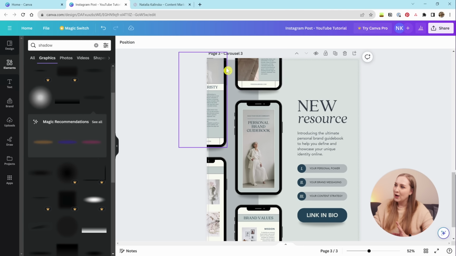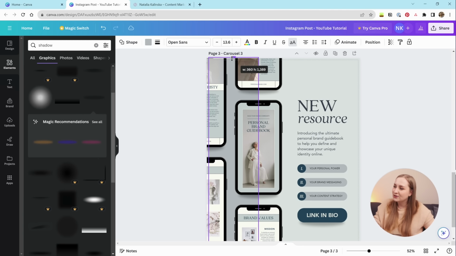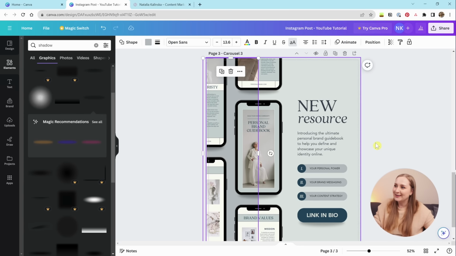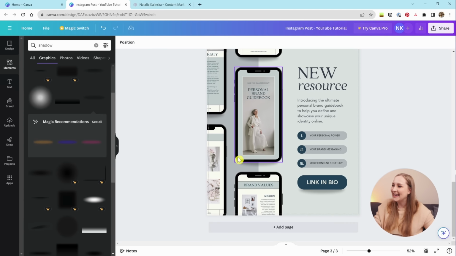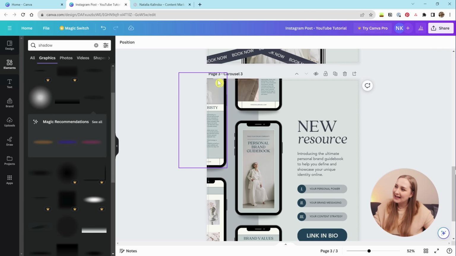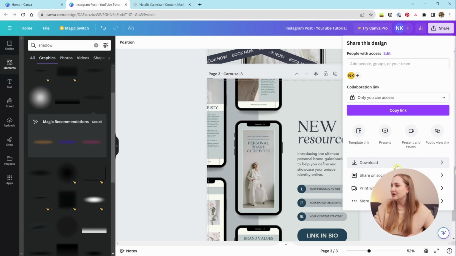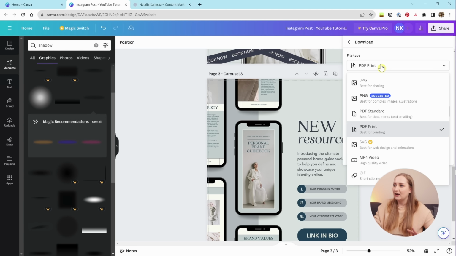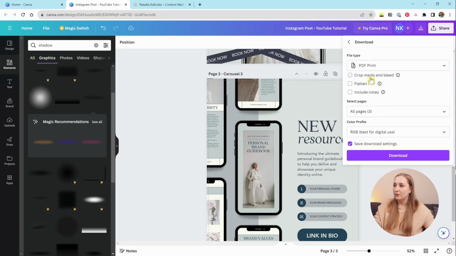You can see that it kind of goes beyond. I can stretch out this one to make sure that the printer prints it correctly, just like this. You can see that it adds that bleed from here. And if I share it, I download, and again, I go to PDF print, I would be able to add those crop marks, flatten the PDF, and I can even choose the color profile, change it to CMYK, but this